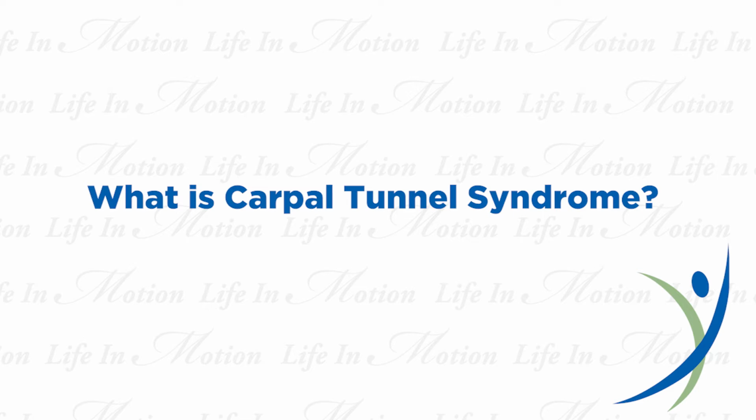Well, I would describe carpal tunnel syndrome as essentially a problem where a nerve gets trapped in a space called the carpal tunnel. So we call it a syndrome because it's sort of a constellation of symptoms and physical findings that the doctor might elicit. But the most common complaints that people come in with are numbness and pain, and sometimes difficulty picking up objects, complaining of weakness in the hands,